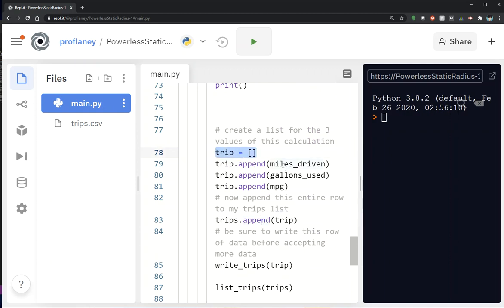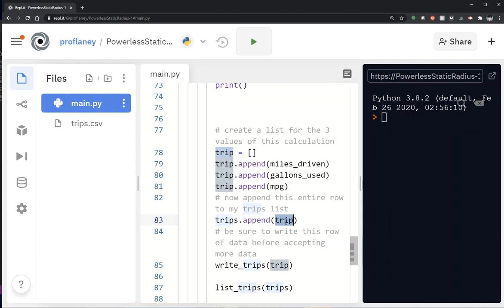We append the miles driven, the gallons used, and the miles per gallon. So what I want to do is add this particular row to trips. Now remember, trips is basically everything that is in the trips.csv. I want to add this to it, but I don't want to write the entire trips back to my trips.csv,